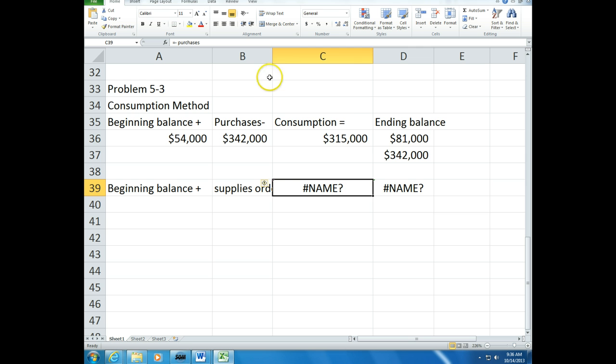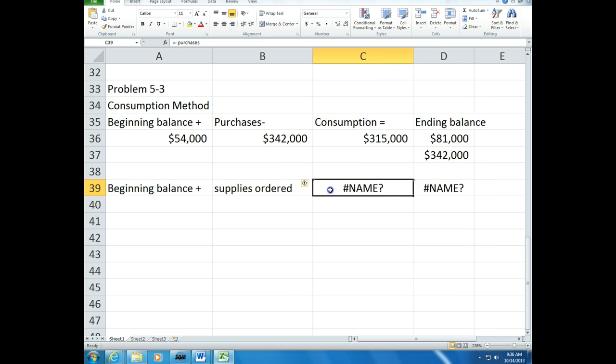Oh, I put a minus, what did I do wrong? Supplies ordered, take out the parentheses, and then minus purchases